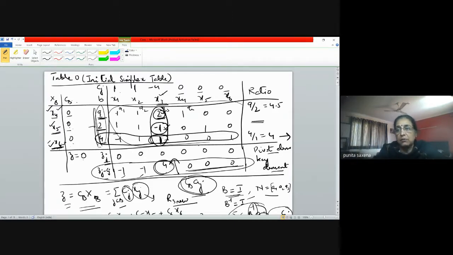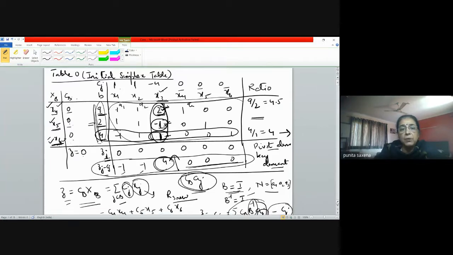So because I have to make this -1 zero with the help of +1, what are we going to do? We are going to change R2 to R2 plus R3, and this element will be 0. Similarly, we'll change R1 to R1 minus 2R3. But which R3? The new one. See, in this case, they remain the same because your key element was 1. What if this key element was, say, 2 by 3? Then you first have to make this 2 by 3 into 1. Only then can you perform the other operations.